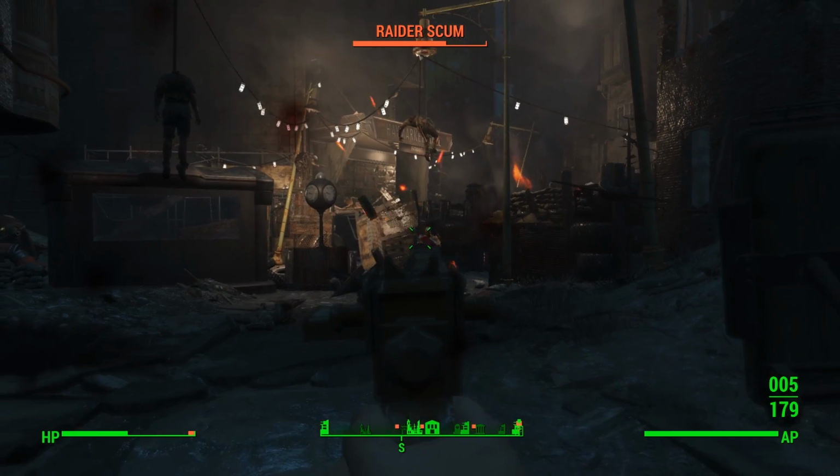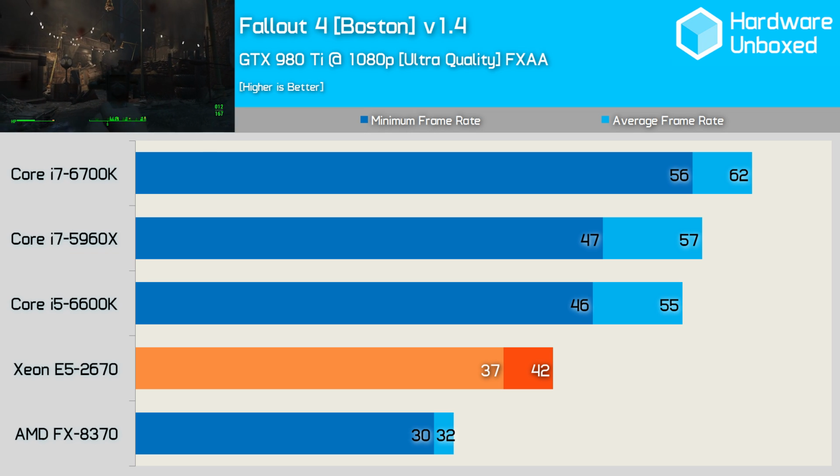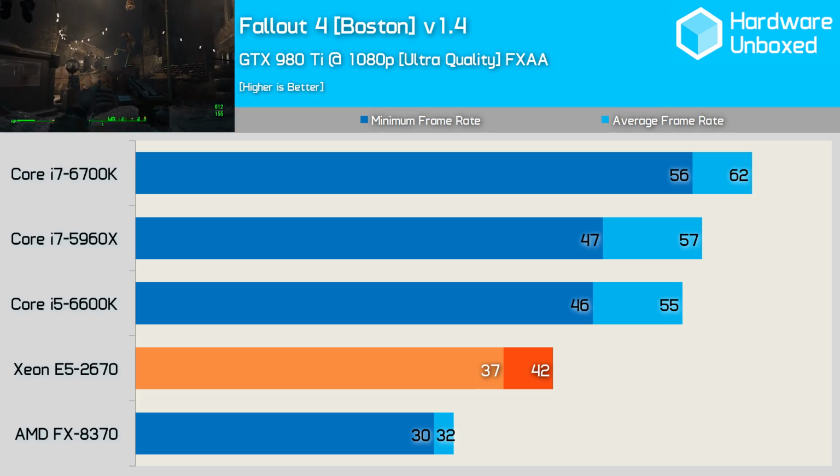The Boston section of Fallout 4 seems to suffer from a coding bottleneck, if that is a thing. In our tests using the latest version of the game, just 30% of the E5-2670 was being utilised, and while all threads were being actively used, none were being maxed out. These results were included because the game is hugely popular, but they should probably be taken with a grain of